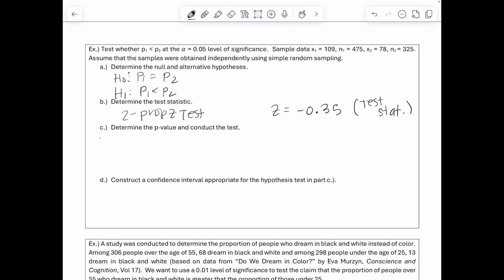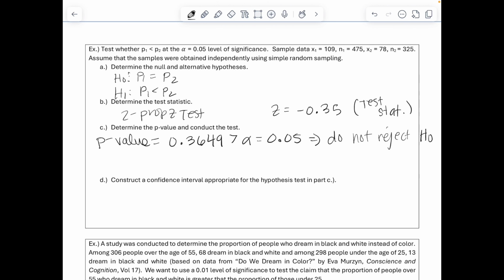Determine the p-value and conduct the test. So as we saw, we had a p-value. And then again, this is going from 2-PropZTest. Our p-value, again, rounding to 4 decimal places, is going to be 0.3649, which is greater than alpha, which was given to us as 0.05. And so this means that since our p-value is greater than alpha, we do not